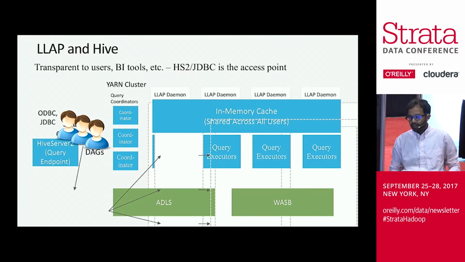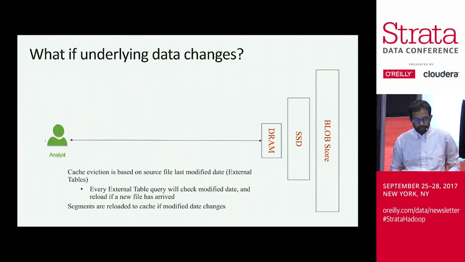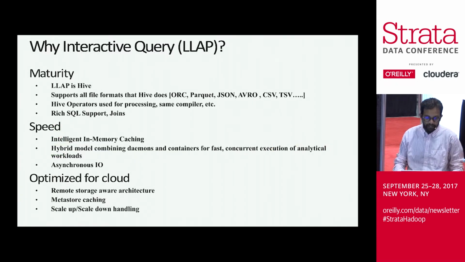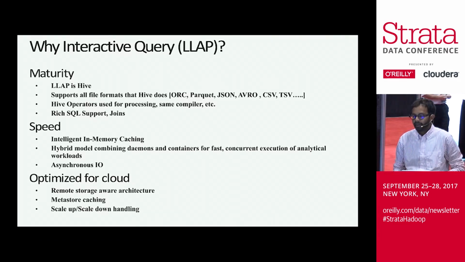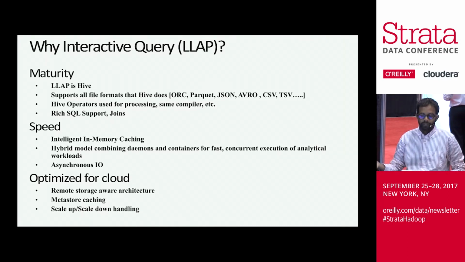This is an architectural diagram of what the cluster looks like. A key point I wanted to make was what happens if your data changes? Then how does cache eviction happen? In this case, the cache is evicted, and you always get the fresh data when you query. And it supports a variety of file formats. If you're running multiple workloads in your data lake, you might be storing different file formats like ORC, Parquet, JSON, Avro. The key thing here is it supports all these formats, so you don't have to